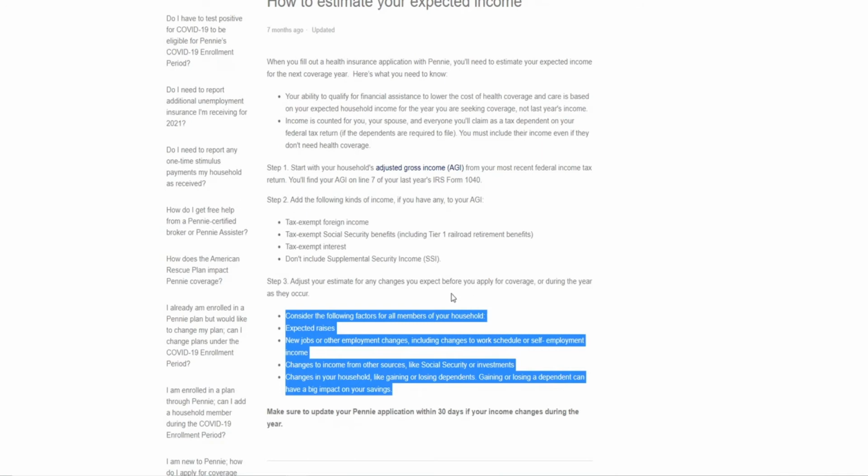And they mention here that you need to consider the following factors. Any expected raise. Again, depending upon where you work, I've worked places where I didn't see a raise for many years, and I've worked other places where there were raises quite frequently. If there's a consistent level of bonuses or incentive payments, etc., that you think you can achieve, that's something you want to include. Otherwise, don't include it. It's that easy.